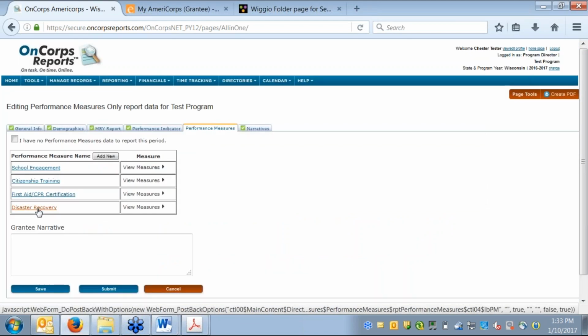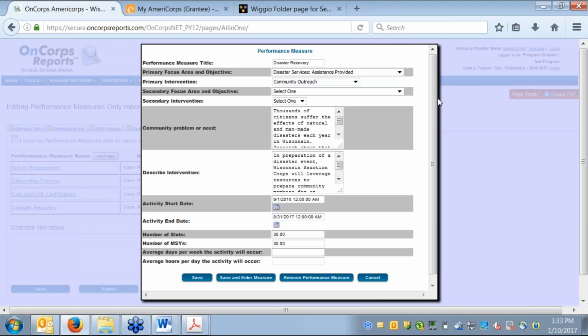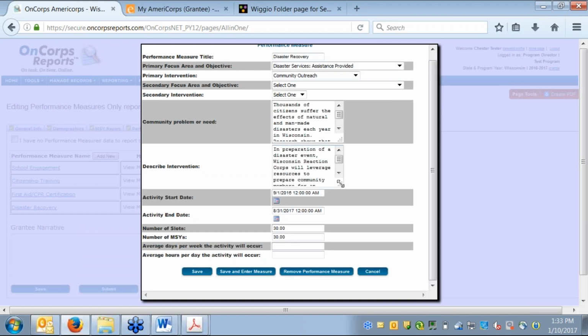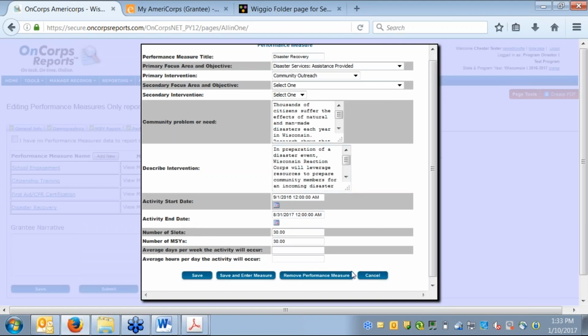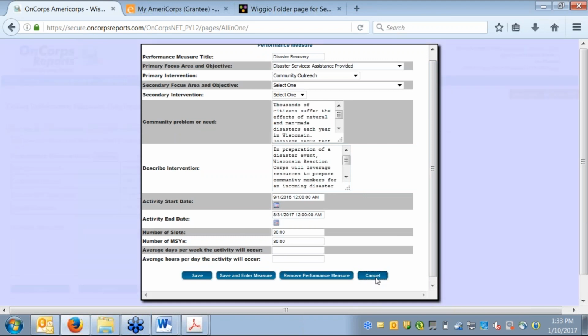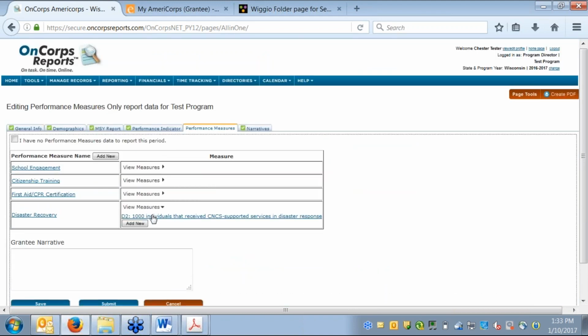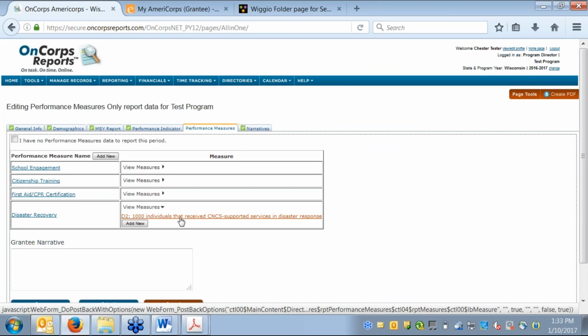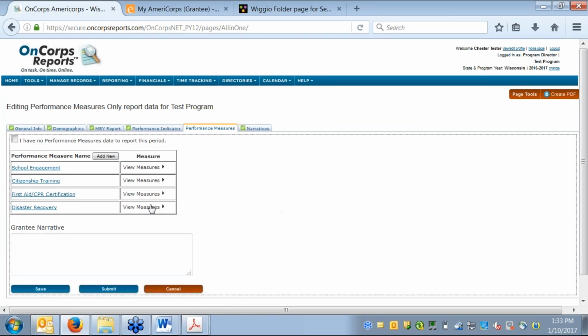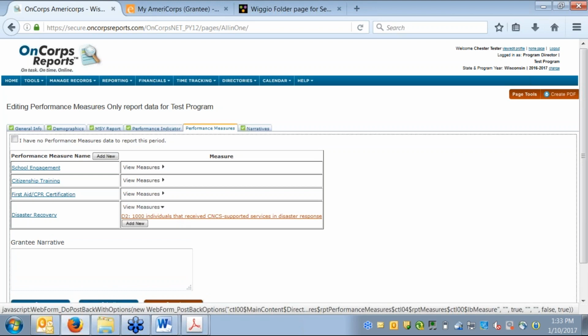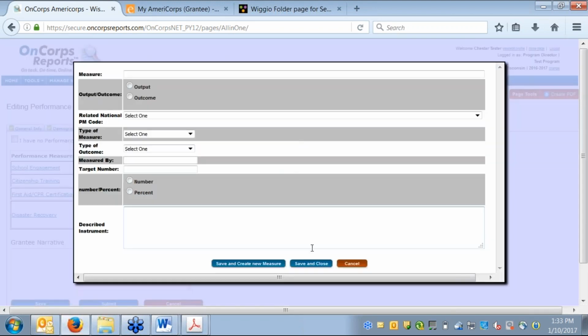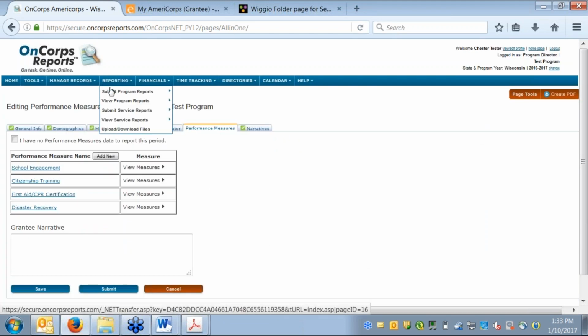And now we have this new measure in here, along with the ones that were already created, disaster recovery. And if you want to look at it, make sure everything looks quite all right, you just click on the measure. That'll give you that first screen that appeared. And then if you want to look at either the outputs or outcomes that you wanted to review, you got to go over here and click this View Measures, and it will show you that D2 that we made. And you can add another one in here. But we're not going to do that. All right,